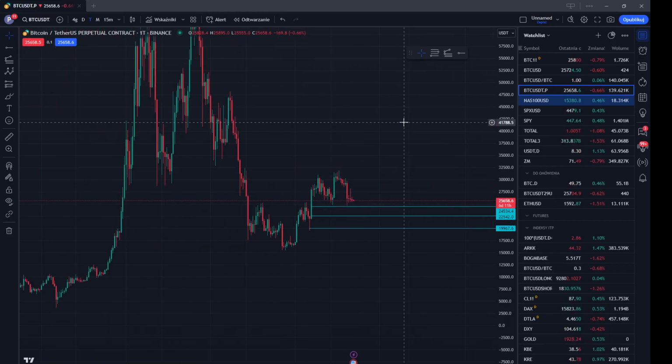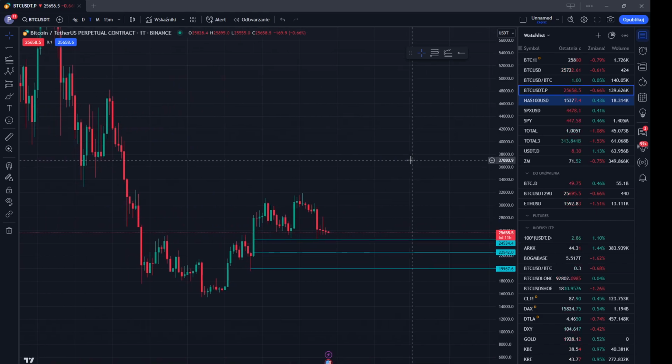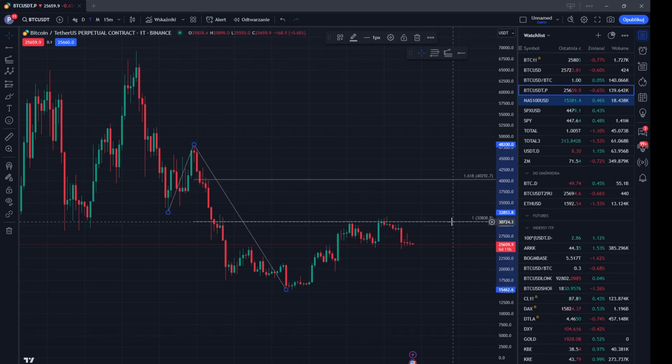Let's start with the weekly time frame so that we get more context. Let's delete all these lines and see what we can find here. Like mentioned many times before, this is our resistance. If we copy the length of this correction onto here, then we get